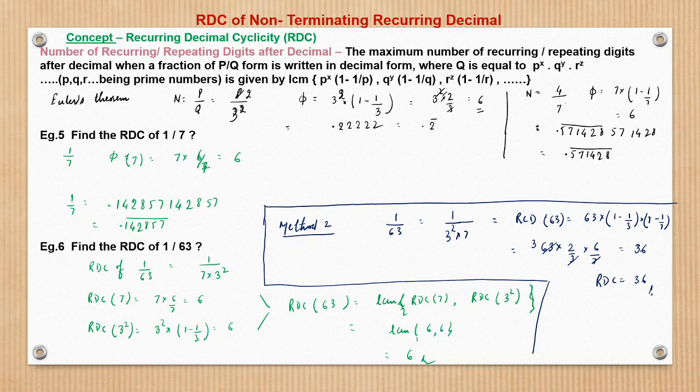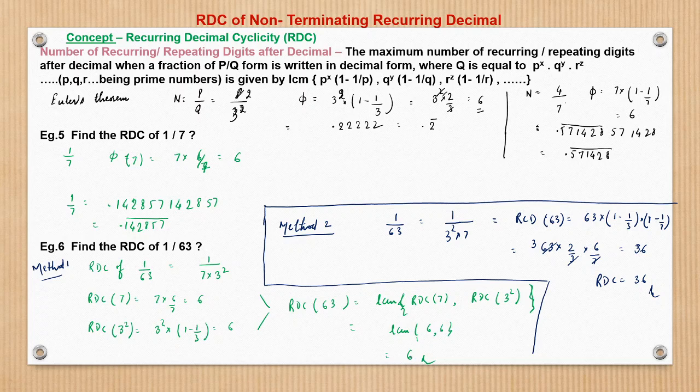So this is not wrong, right? This is also not wrong, both are correct, but this may not be very effective. This is more effective than this 36 number. So what we will do is try both the approaches. We will see which approach gives us the most conservative RDC. By conservative we mean the smaller RDC, because that would be more suitable to us, and that becomes the answer. And in almost all cases method 1 will give the most effective RDC, right? Most effective RDC will be given by method 1 only.